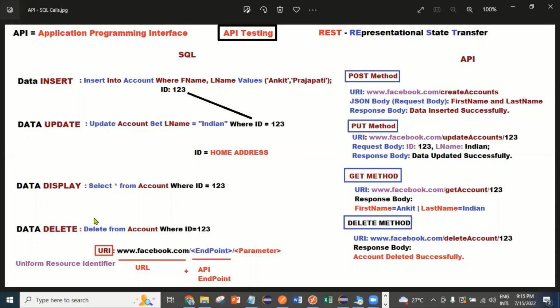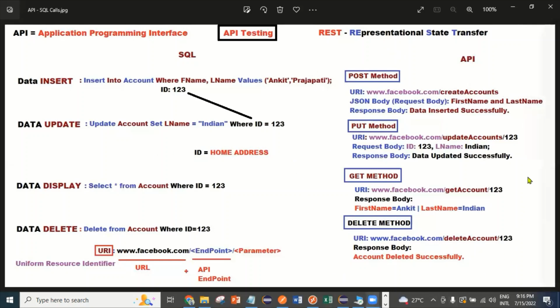So we can use the Postman tool, which is a very popular API testing tool. Then we can also use REST Assured, which is almost similar to Selenium and requires a little bit of programming. Then we can also do API testing with JMeter. JMeter is mainly used for performance testing, but you can also do API testing using JMeter. So today I will show you these calls